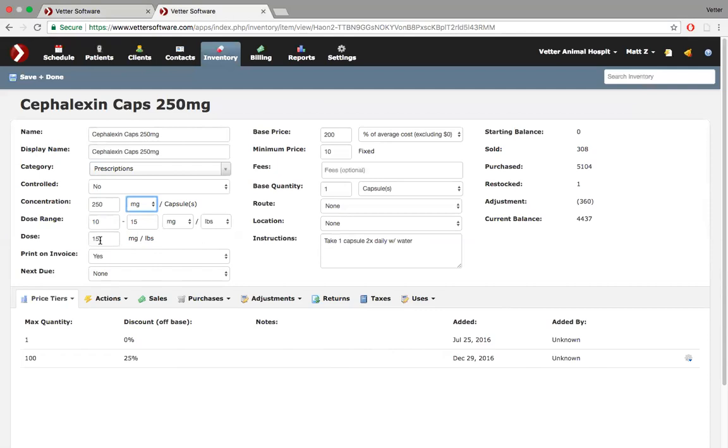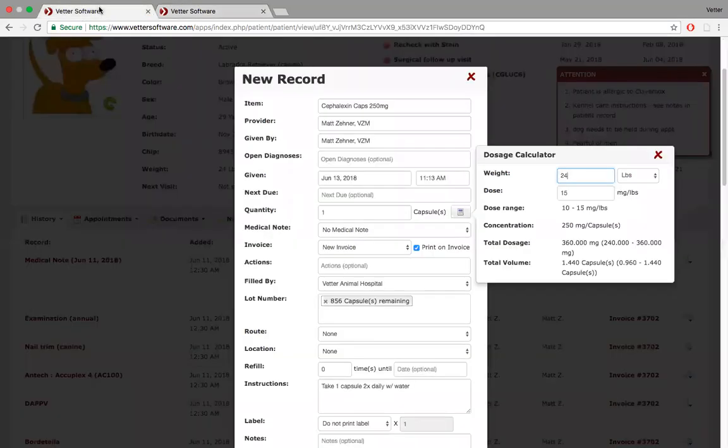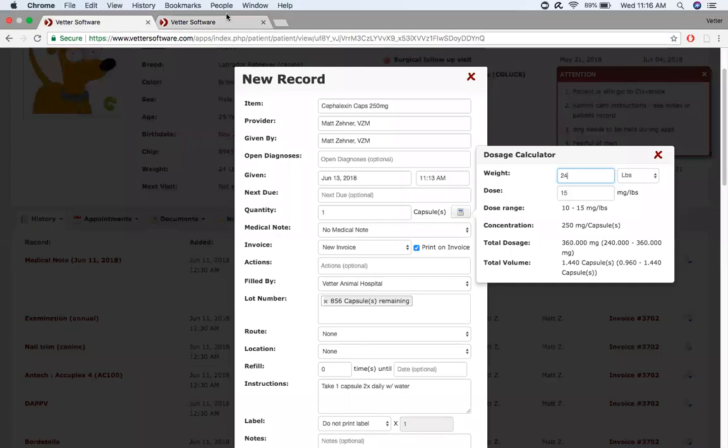Now, doctors with many years of experience are going to say, you know what? When I use this drug, I always give 15, or I give 12, what have you. This then means that the calculator will default to the doctor's selected dose range. Okay, so right here, if you notice it says 15, say I change it to 12 because that's what